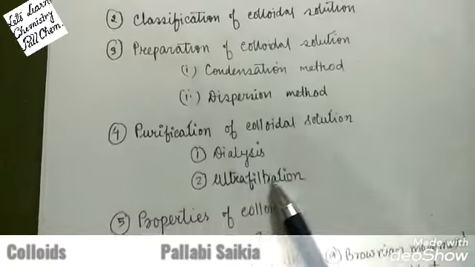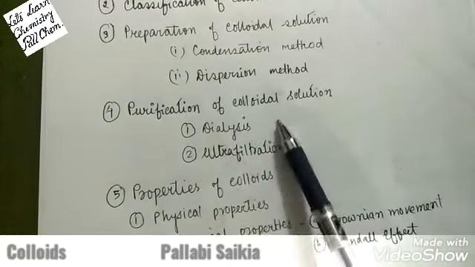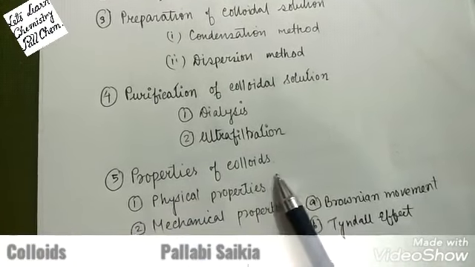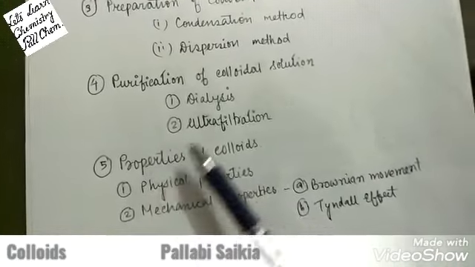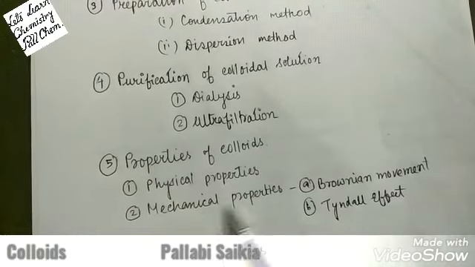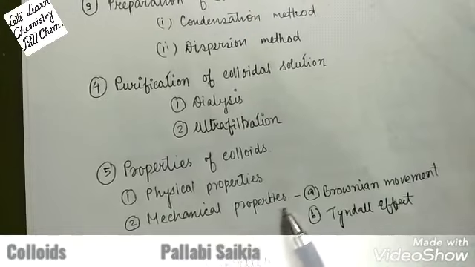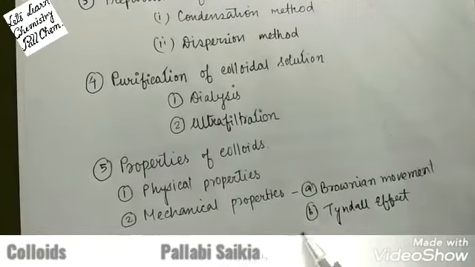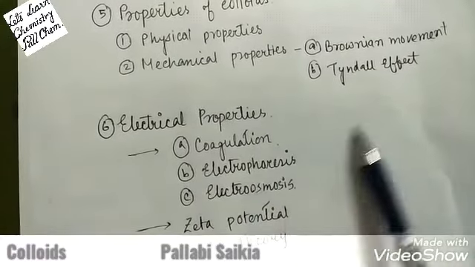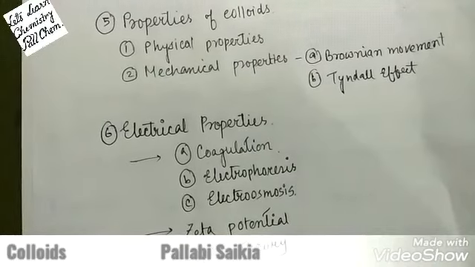Number 4, purification of colloidal solution. Number 1 method is dialysis. Number 2, ultrafiltration. Number 5, properties of colloids. It consists of 3 properties: one is physical properties, one is mechanical properties, one is electrical properties. Mechanical properties include Brownian movement and Tyndall effect, and electrical properties include coagulation, electrophoresis, electro-osmosis, zeta potential, and one theory